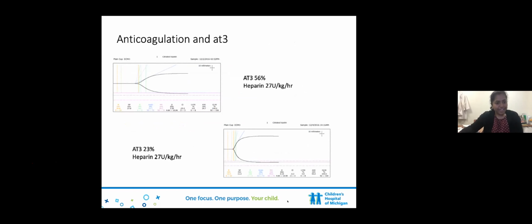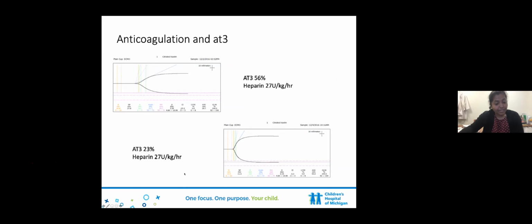Here again is the effect of antithrombin and heparin together. This is the same patient. Here, the patient at 27 units per kilo per hour with antithrombin of 23%. You can see that the R time is appropriately prolonged and the clot formation is appropriate. Once the